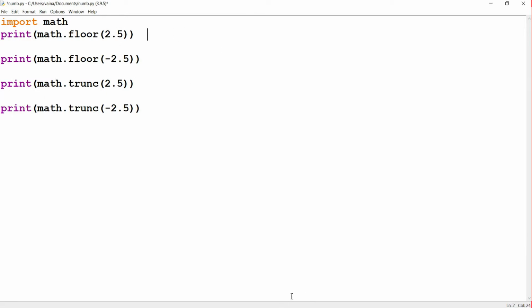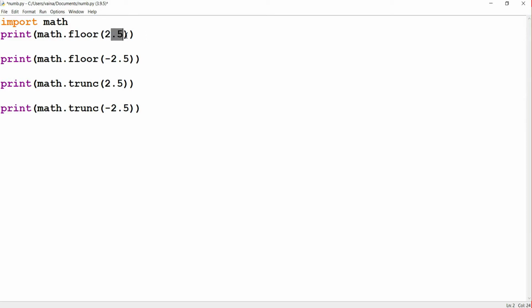Here we got the output 2 and minus 3. What floor does is find the nearest lower number. We give 2.5, and if we apply floor on it, it finds the closest lower number, that is 2.